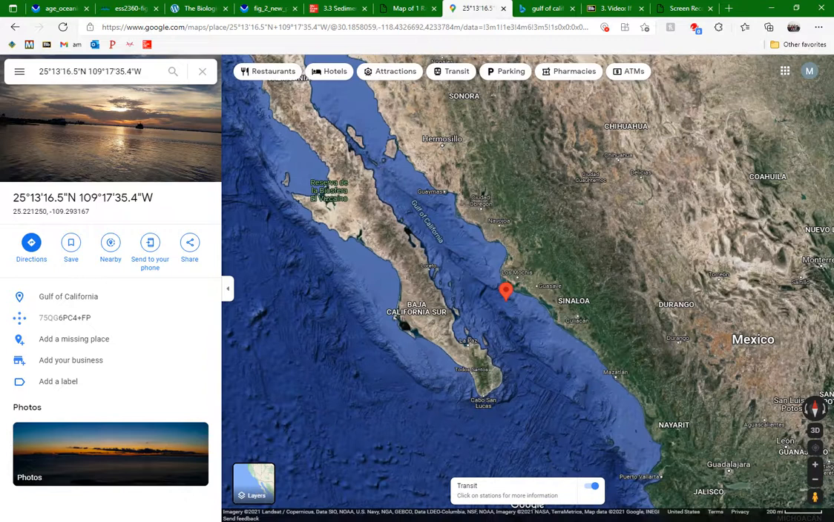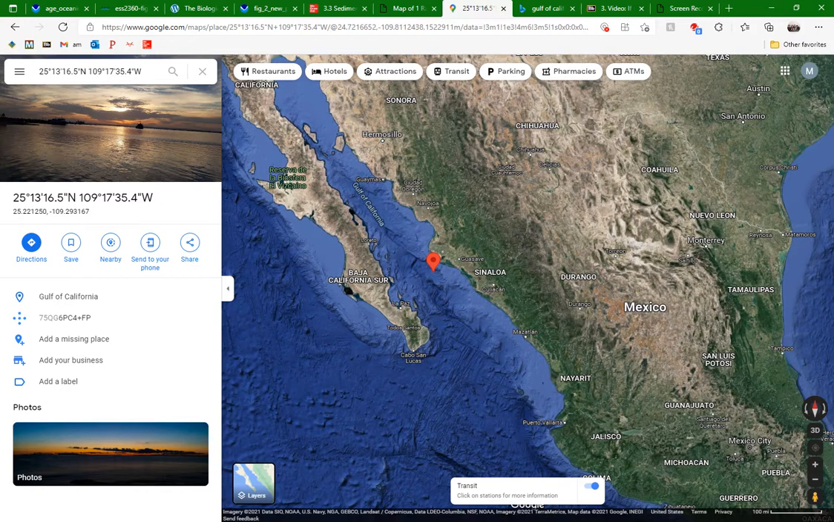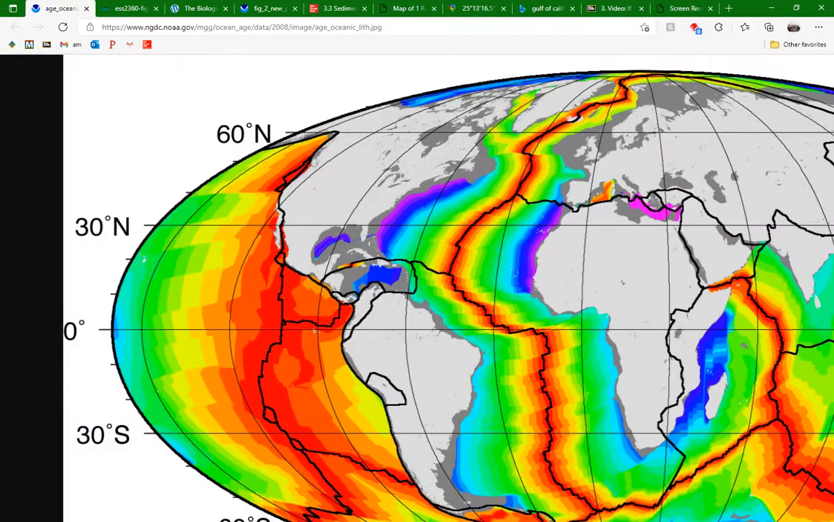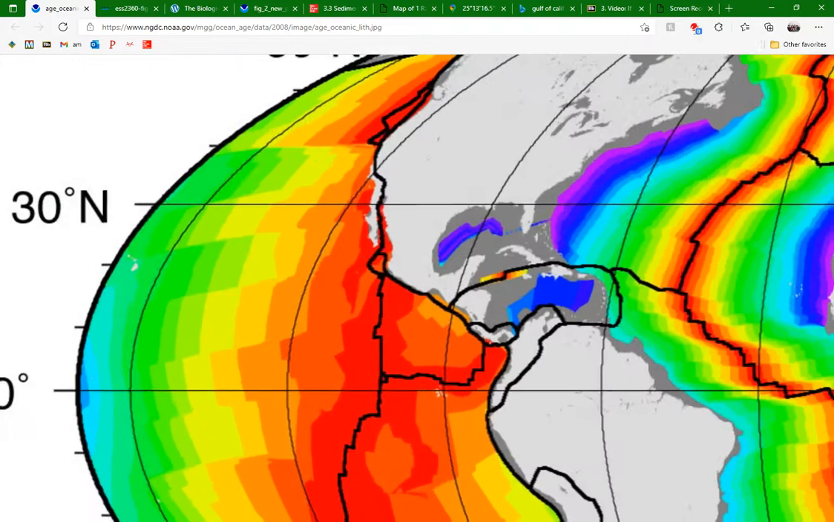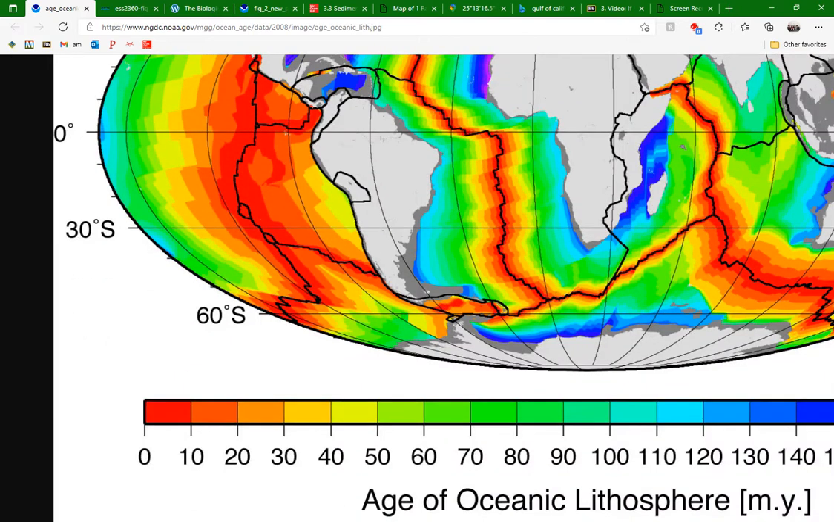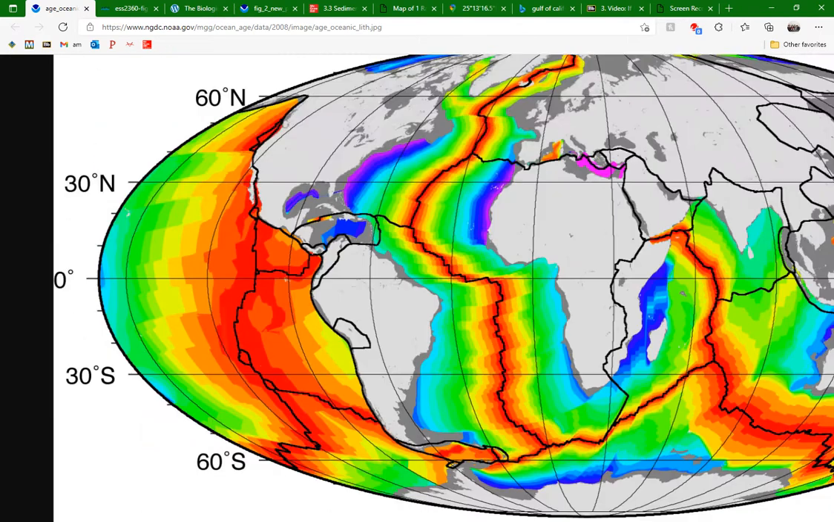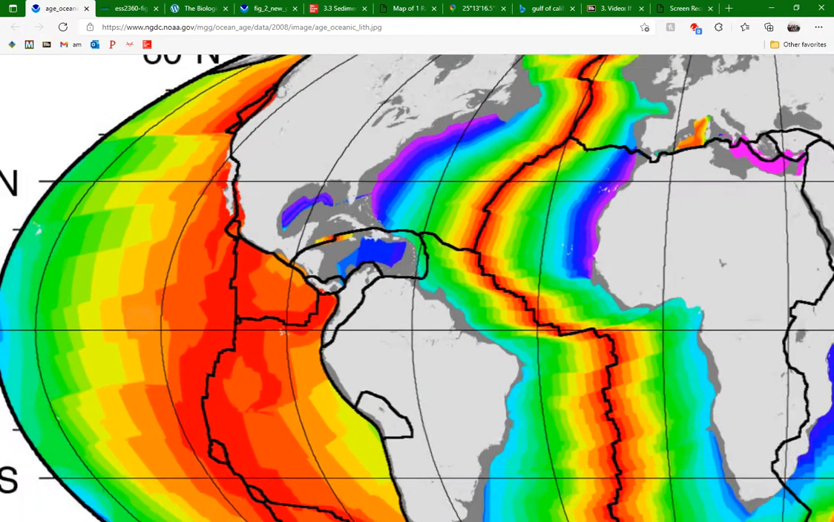I did the research on it, and the age of this seafloor is actually fairly new. If you look right here, I have it pulled up, to the left of Mexico at about 30 degrees north. It's the red, which is the beginning of the spreading center. The Gulf of California falls on that spreading center, and my point is right at that. So the age is fairly new,